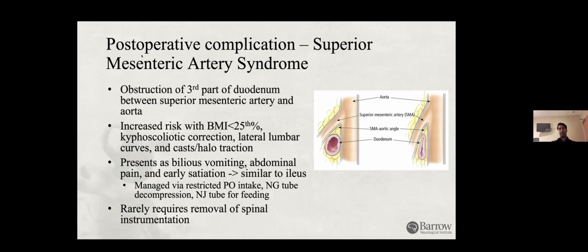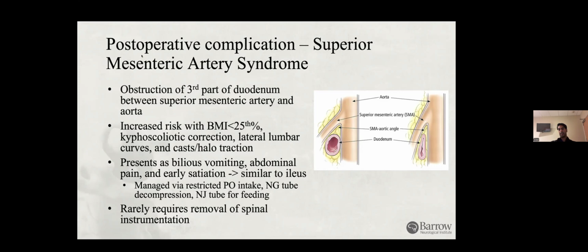anterior to the duodenum. And especially in a spine lengthening procedure, if you take a curve and you straighten it out, by definition, you are lengthening the spine. And the aorta and the surrounding spinal vasculature are very adherent to the spine. So if you lengthen the aorta out and you cause this new tension that wasn't there before, that SMA angle can cause the duodenum to close off. And so that'll present as vomiting, abdominal pain. It'll look very similar to ileus